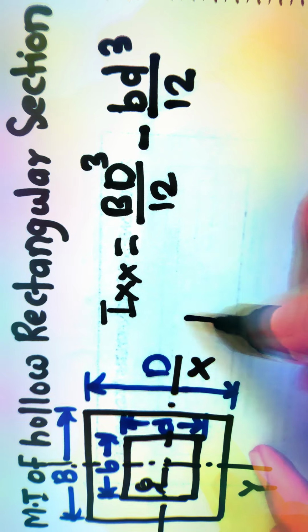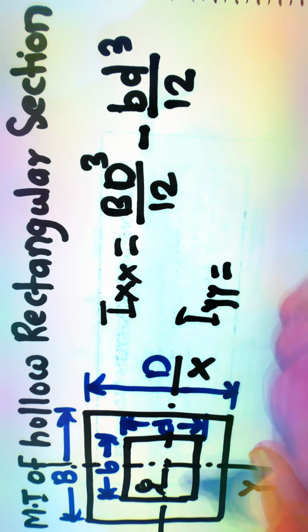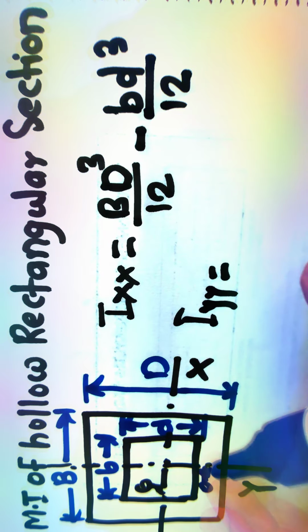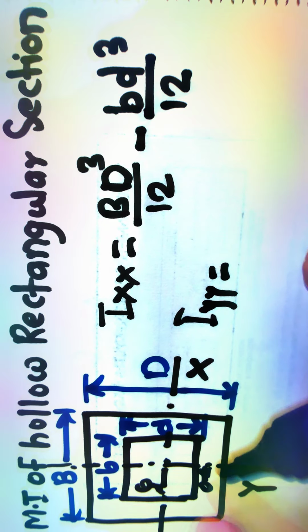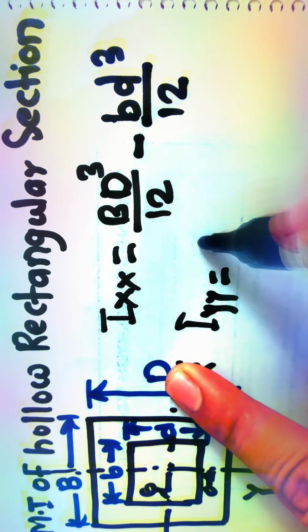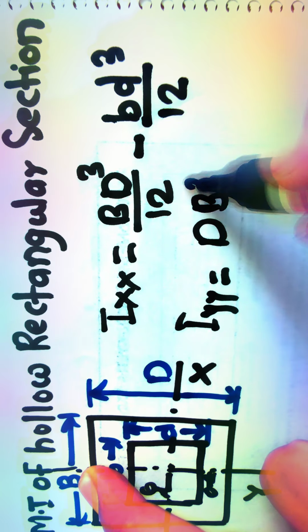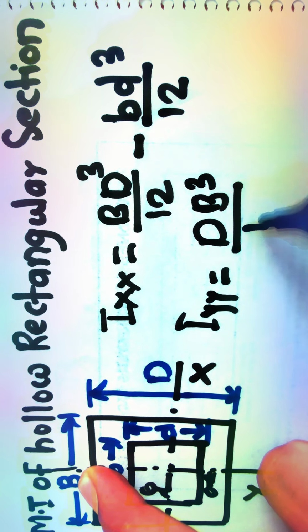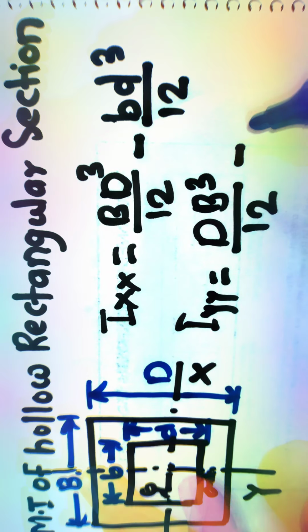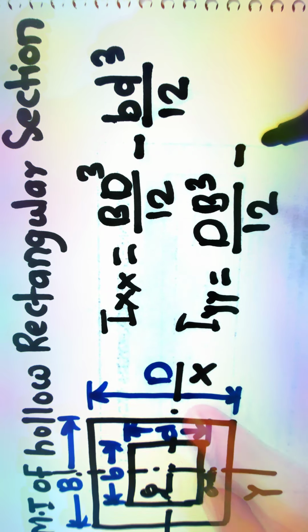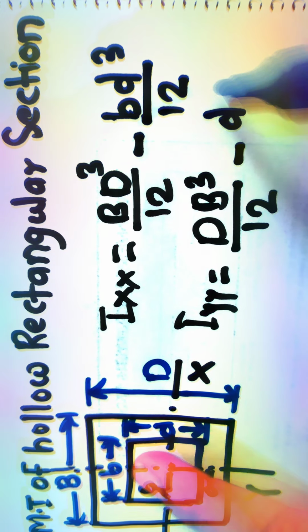Similarly, for about the y-axis, Iyy is equal to, stand up on the y-axis, then take the front side. For the y-axis, the front side is depth capital D, into side is B, take B cube divided by 12, minus. Similarly, for the inner rectangle, the front side is small d into side cube